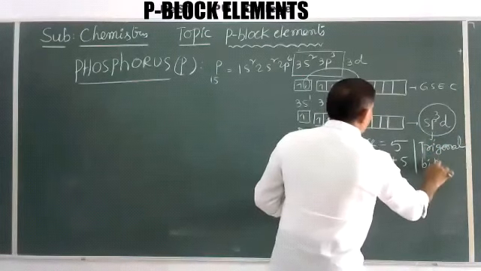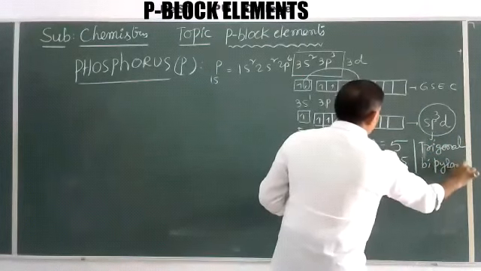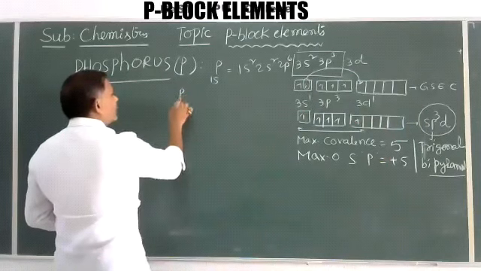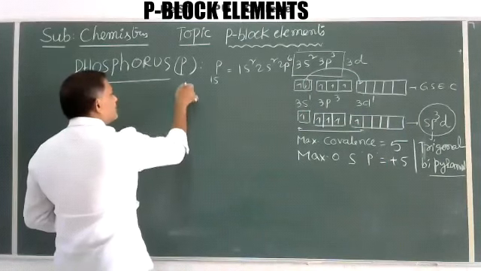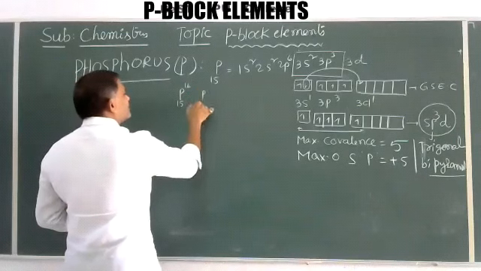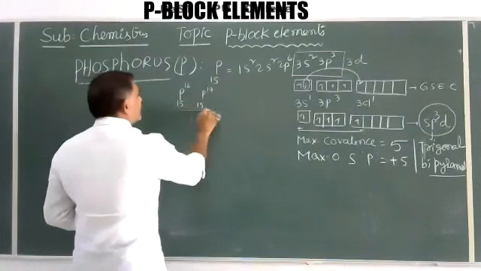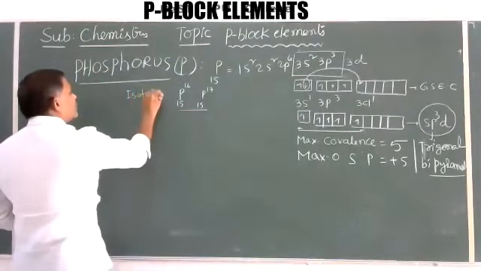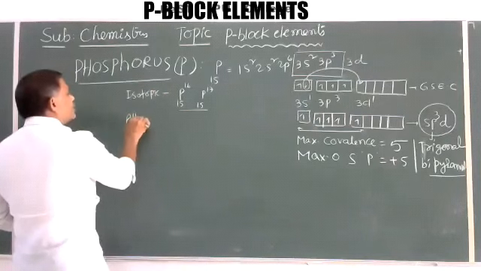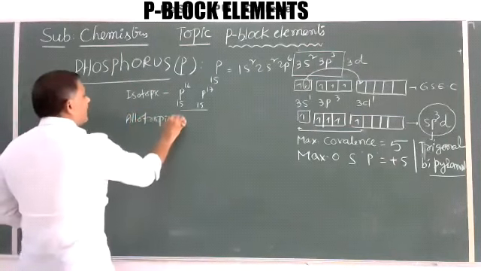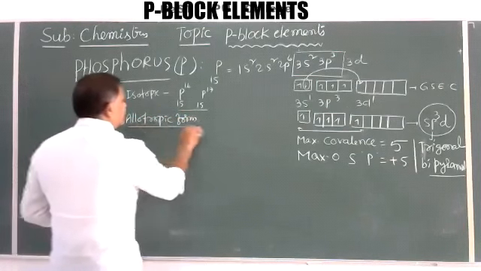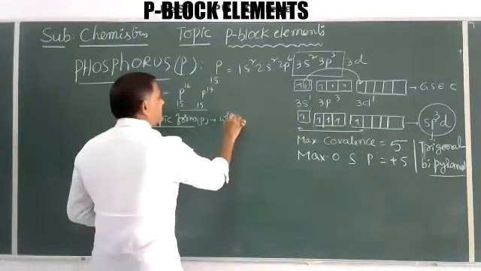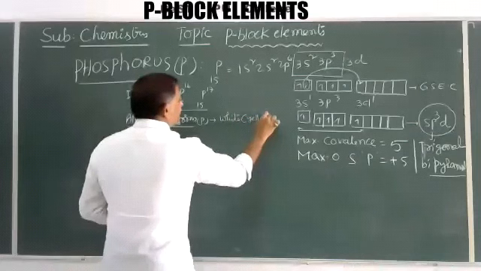Trigonal bipyramidal structure. I'll explain the complete story about this. Here, phosphorus has two important isotopic forms, and these show the allotropic forms of phosphorus, which are already given to you: white, pale yellow, red,